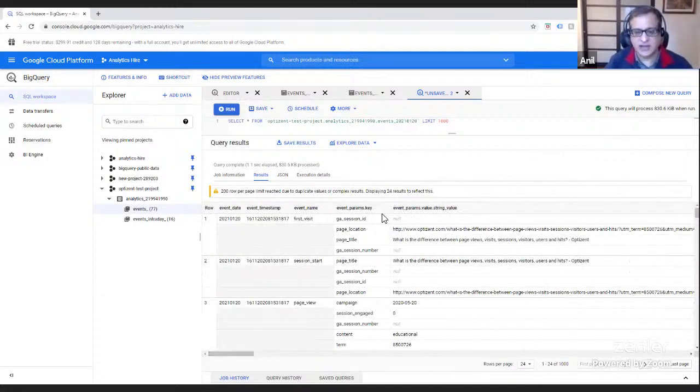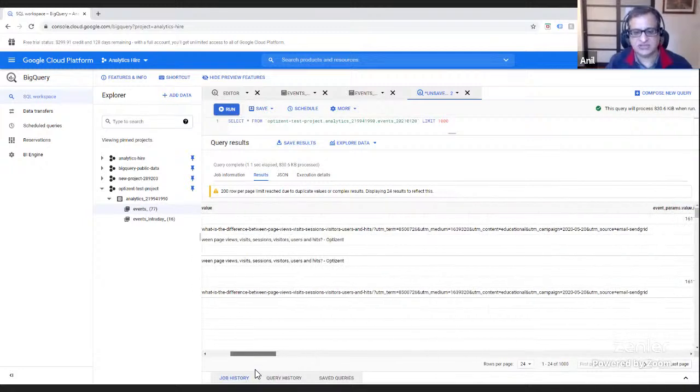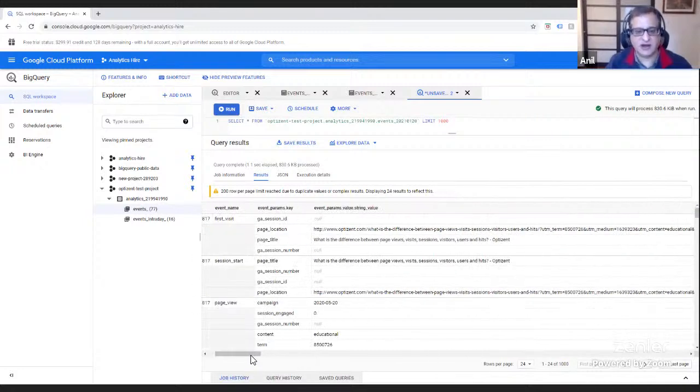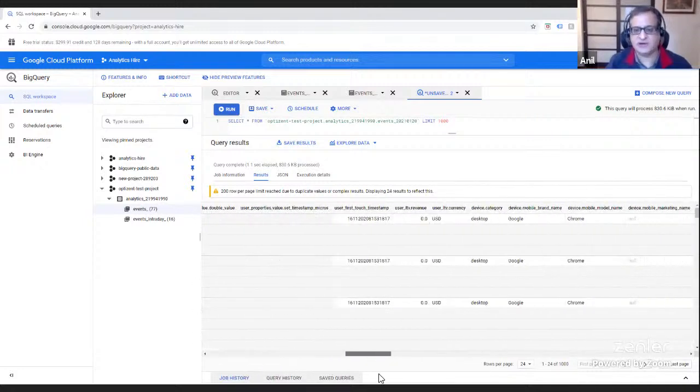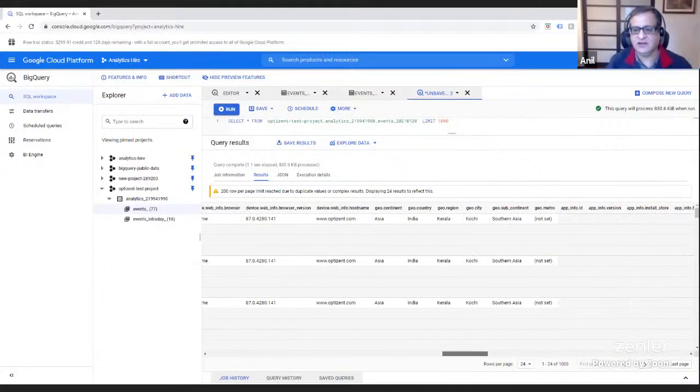So this is where the main event parameters come in. Similar to event parameters, you also have user properties that are also of type record. The rest of the values are within that row only. So there is only one value for each of the other columns, except event parameters and the user properties. If I scroll further here,